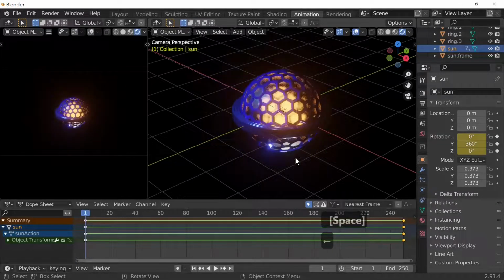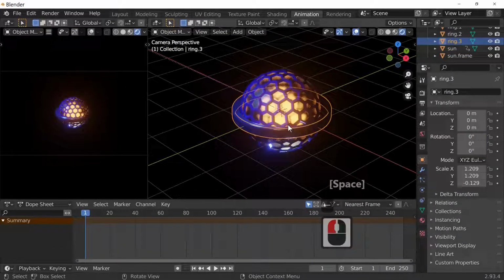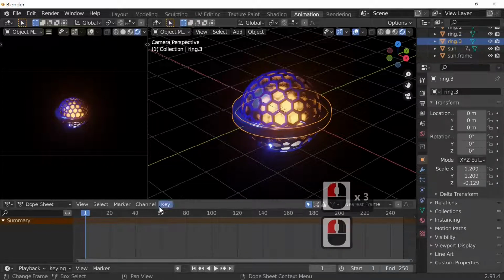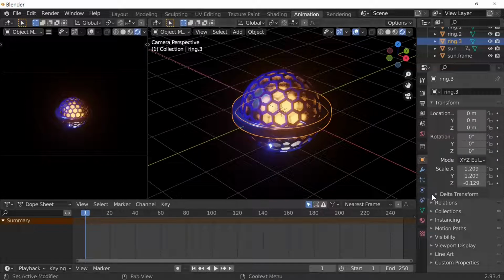Right, so last but not least, what we're going to need to do is make our rings turn round the sphere in the middle. So I'm just going to quickly set these up. We're going to set the keyframe to interpolation mode at the end, but first of all let's set up the actual rings.